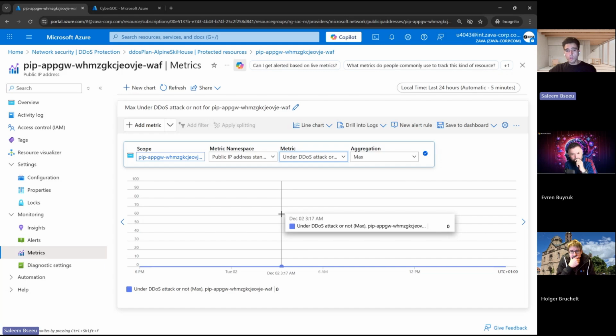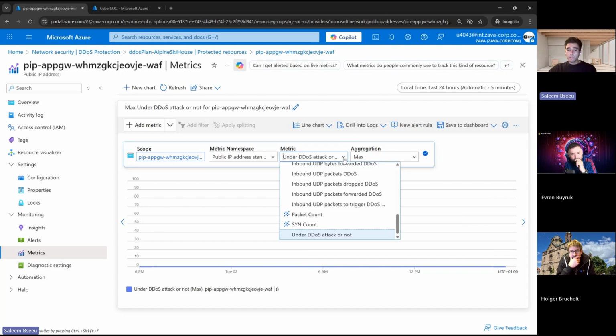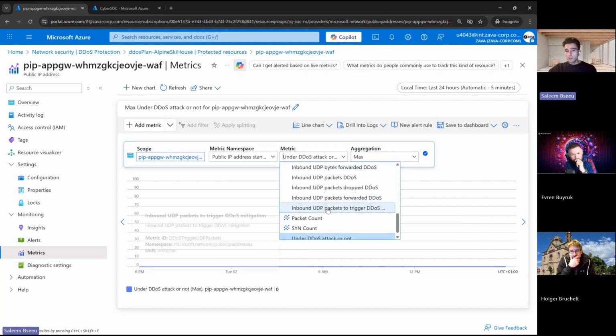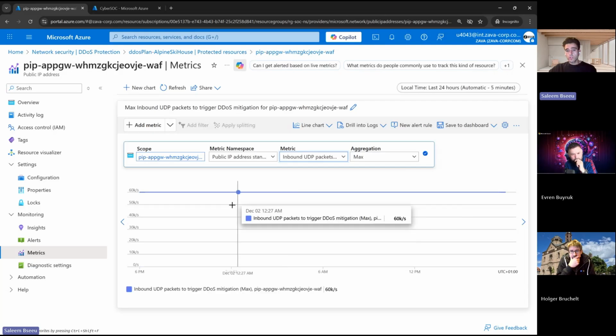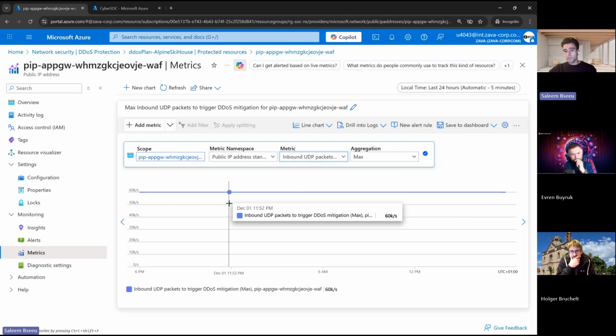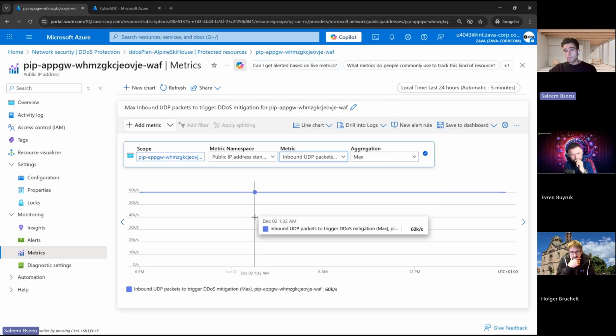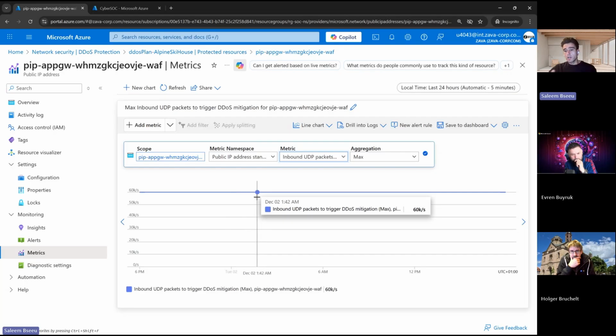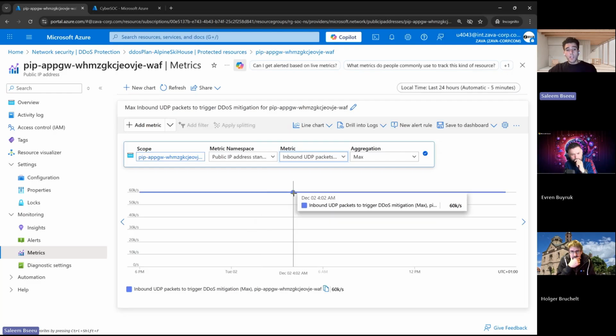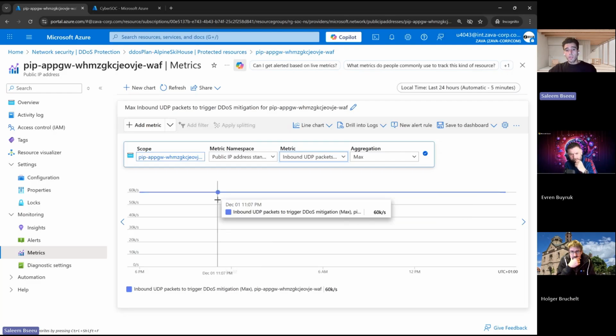So we don't need to enable this. It's already available. Something important you can also check here is the thresholds directly. So this is the threshold we have, for example, for UDP. That's 60,000 packets per second, at least for this public IP address. This can change depending on what I mentioned about the algorithm, adaptive tuning. And you'll find very good information,